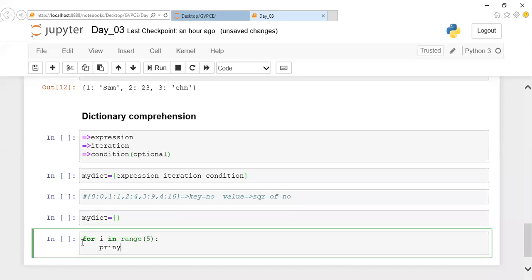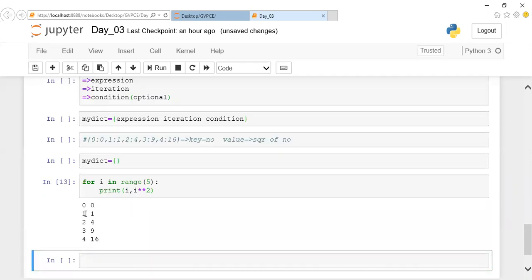And if you want the square of it, I can mention i comma i power 2. If I mention like this, you can notice 1, 1 square, 2, 2 square, 3, 3 square and 4, 4 square. This is a normal for loop: I'm taking a range from 0 to 4 and printing the number and its exponent, which is nothing but the power of the number.